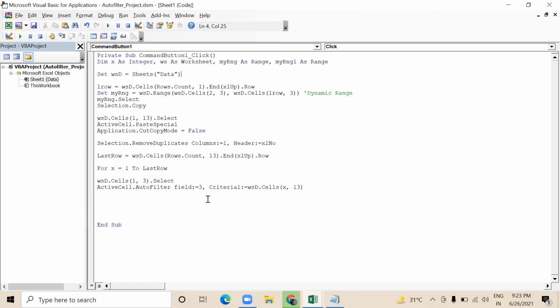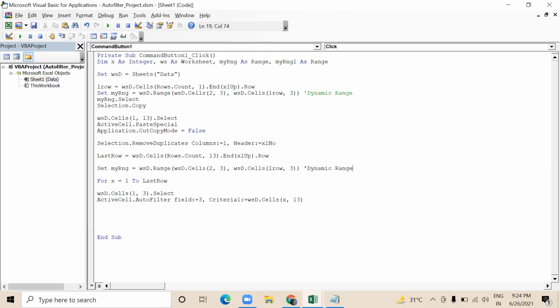So this time I want to say, so this is my second dynamic range. I am applying it here, and I want to say 1 comma 1. Then this last row will come here, and last data is on column D, so this will become 4. So this is my second dynamic range.